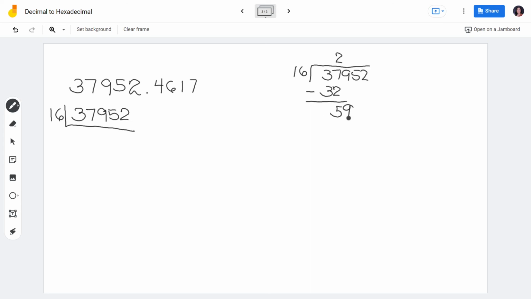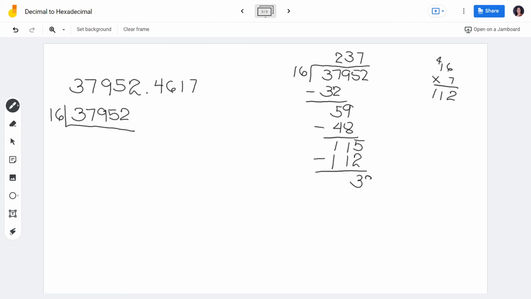Then bring down 9. 59 divided by 16. So 4 times 16 is 64, so we have 3. 3 times 16 is 48. So 59 minus 48, 9 minus 8 is 1, 5 minus 4 is 1. So it's 11. Then bring down 5. So 115. So 7 times 16 is 112. 115 minus 112 is 3. Then bring down